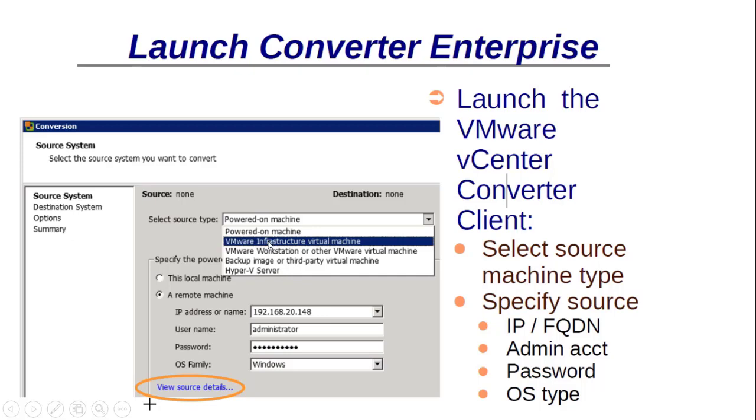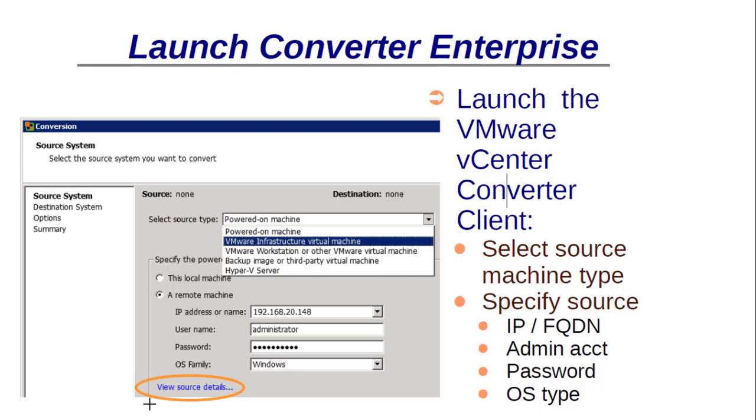If you have an ESXi host, you will always choose VMware Infrastructure virtual machine. If you are running a virtual machine on VMware Workstation, you will choose the third one. If you take a copy of your machine into an image, you can choose the second last option. And if your virtual machine is running on Hyper-V, you can choose the last option.